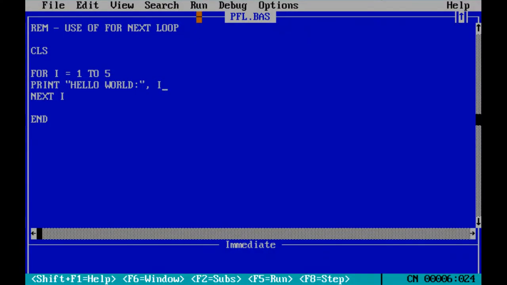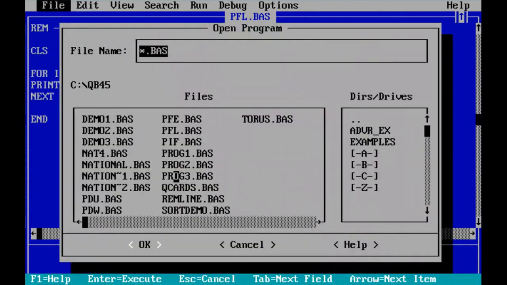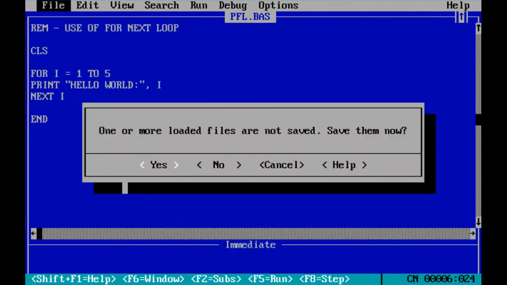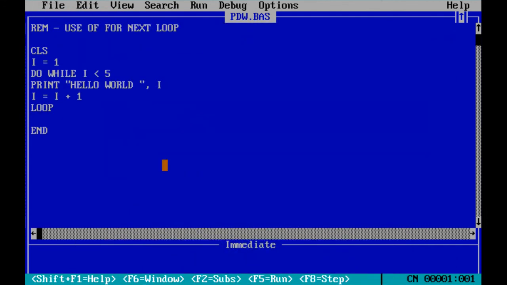Next is the DO WHILE loop. In a DO WHILE, for example, first we have to write the initial value, I equal to 1.